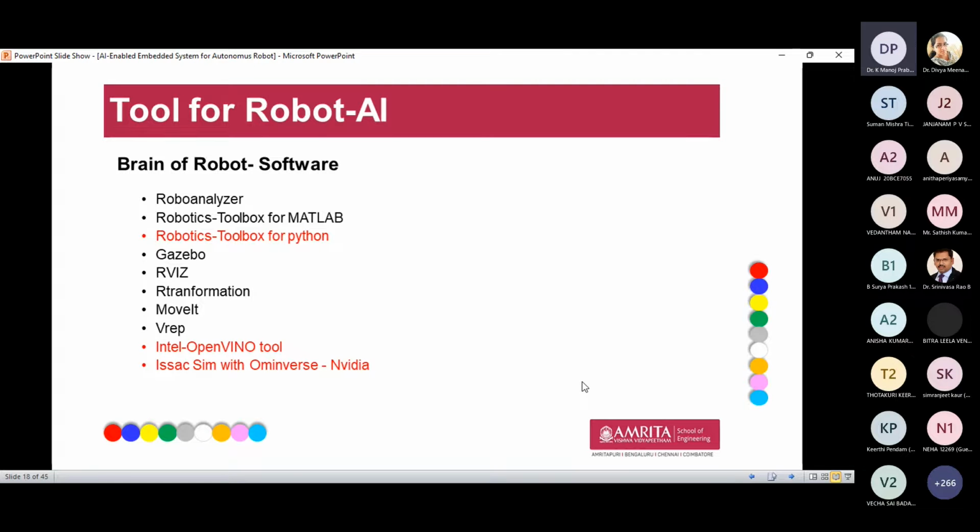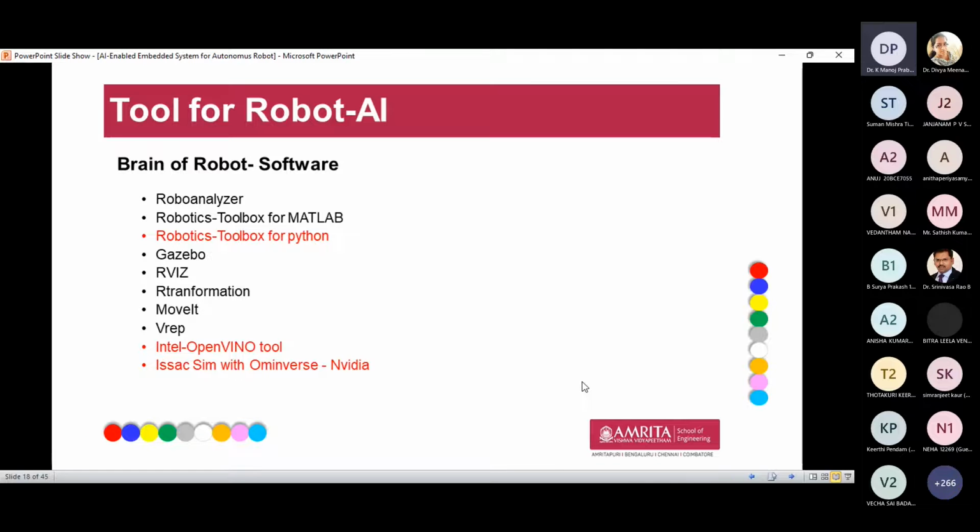Next is Gazebo. Gazebo is one of the tools which is really helpful to construct the 3D model and 2D model of your robot in the environment. Before designing any hardware robot, I prefer using Gazebo, which is the easiest and an important tool for designing any type of robot. We can see how the robot performs, whether it is moving from one place to another, grabbing objects, or picking and placing objects. Whatever it is, we can see it through the tool Gazebo.